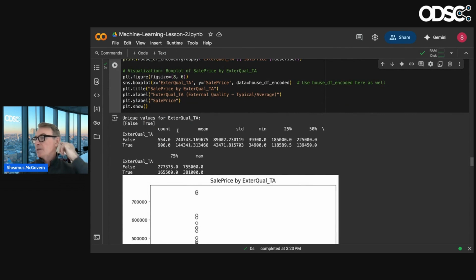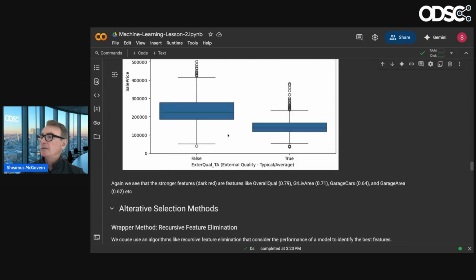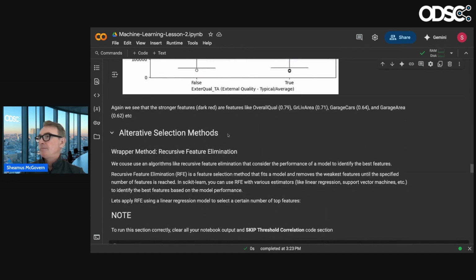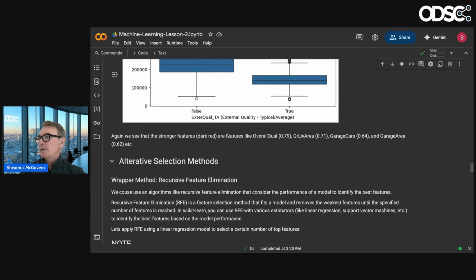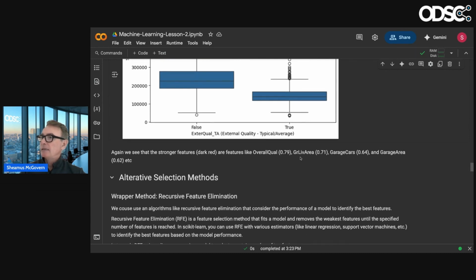So good to look at the mean, the standard deviation in those. And you can see here sales price versus that. We still have the outliers here. Yeah, so overall quality 0.79, ground living area, garage area, and darker areas.